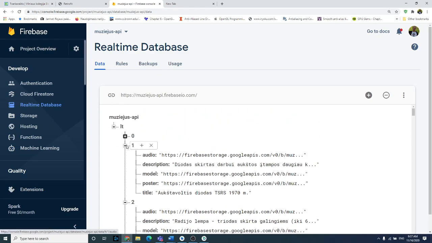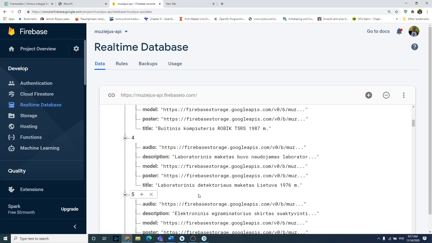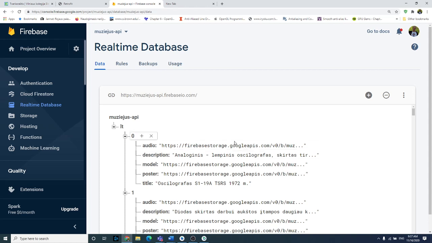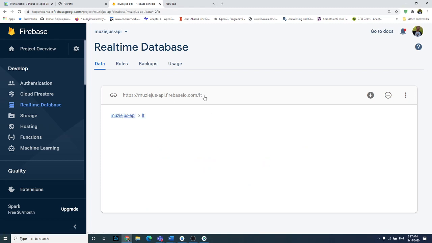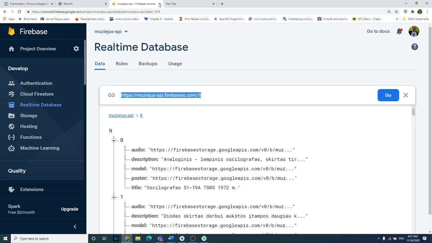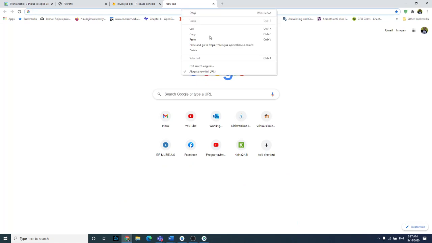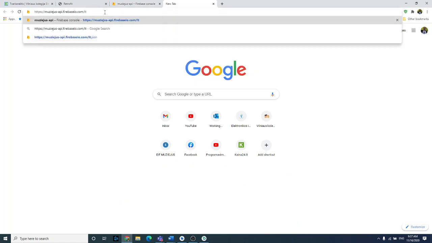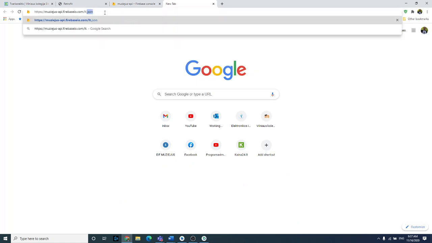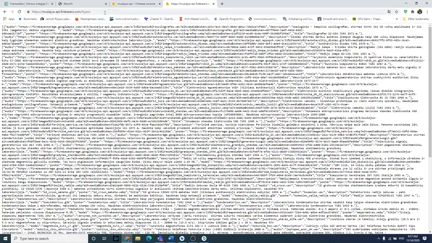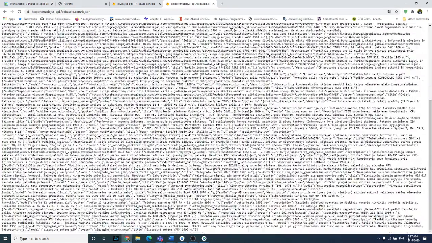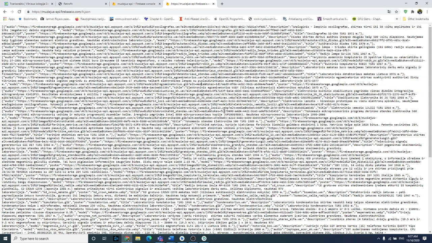It's lagging. Okay, we have an array of objects. I already added some objects as JSON, and when you go to the root tag and paste it into the browser, and you write only the suffix .json, you will get, for example, the API response,